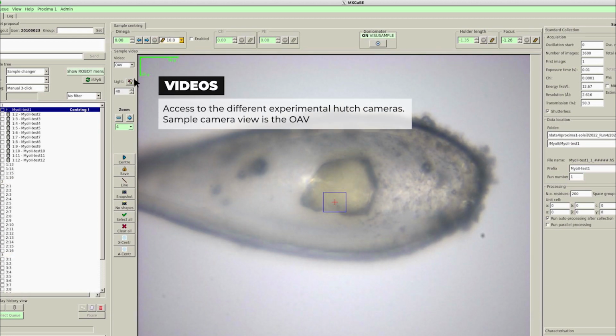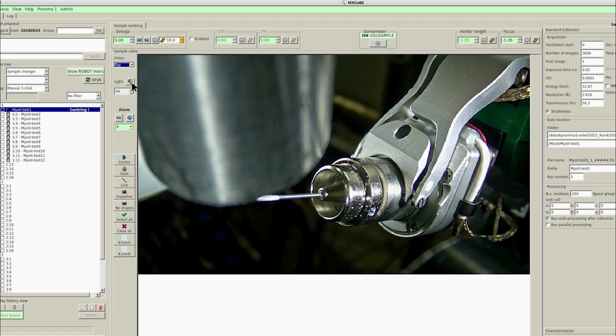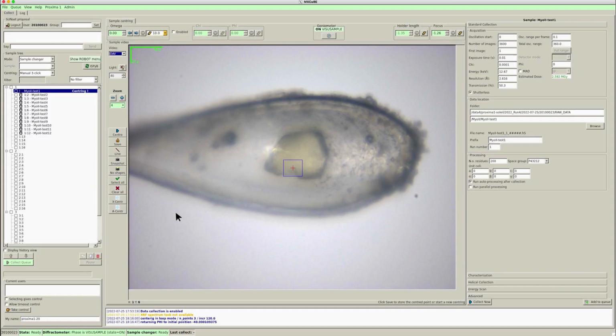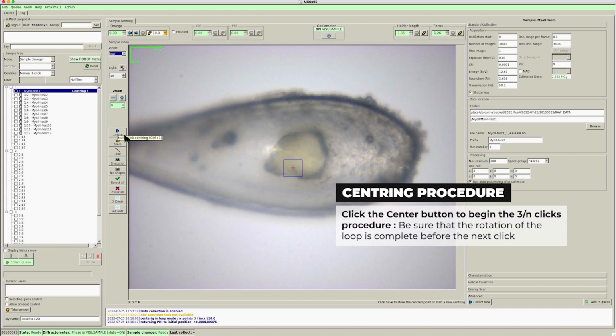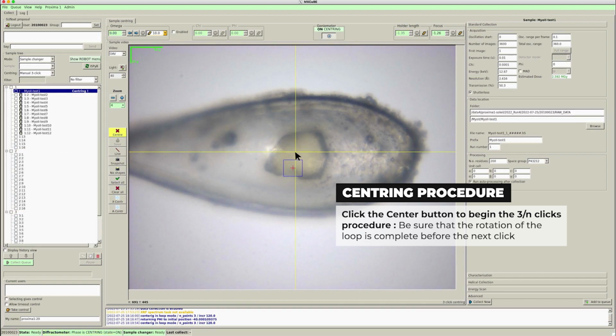You can switch between several live view cameras, showing, for example, the robot or the goniometer. By clicking Center, you can launch an N-Clicks procedure to refine the centering of your crystal at higher magnification.